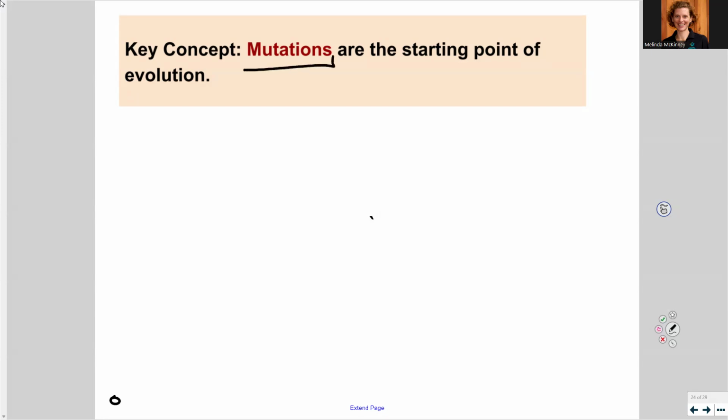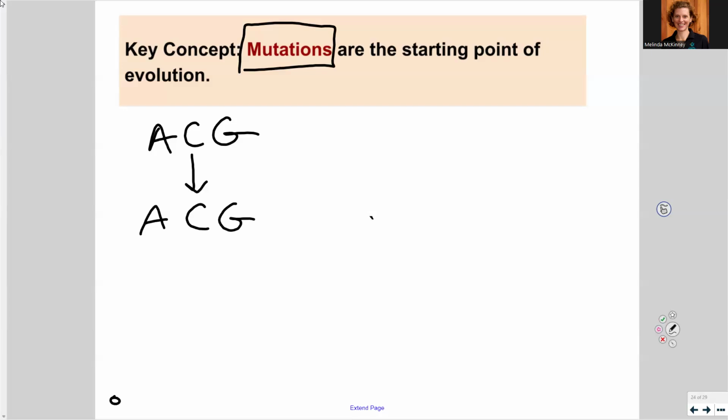Now, if you have any change in your original DNA, so say you've got a sequence, right? You've got a codon. Usually you're just going to copy that and not going to change, right? Every time we have this process of transcription, we're making an exact copy, right? But over time, there might be an error, and maybe one of the letters, one or more, changes. And so that change,